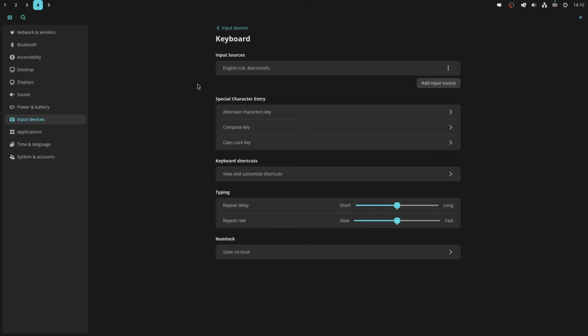I've set this to English UK Macintosh because I was a Mac user for 20 years until Lion came out, and they brought in the App Store, I think it was in Mountain Lion, and it all went downhill from there. So this is where you can select the input source, but you don't have an option to